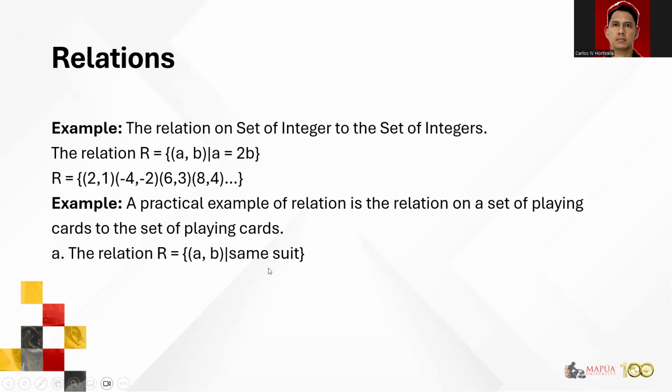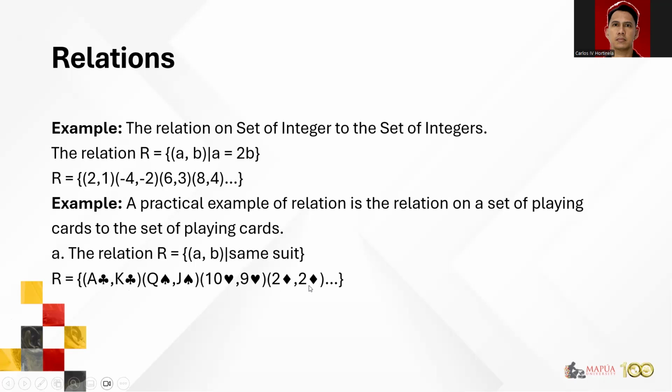So what cards can we join together to form the ordered pairs in our relation set R? So you'd end up with the following cards. You could have Ace of Clubs paired with King of Clubs. You could have Queen of Spades paired with Jack of Spades. You could have 10 of Hearts paired with 9 of Hearts. You can even have a pair containing two of diamonds with two of diamonds.